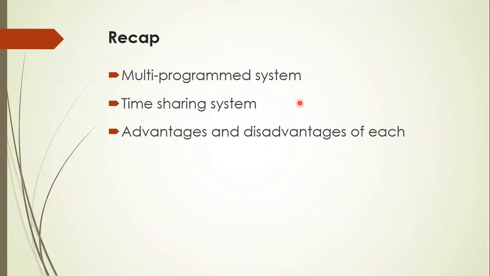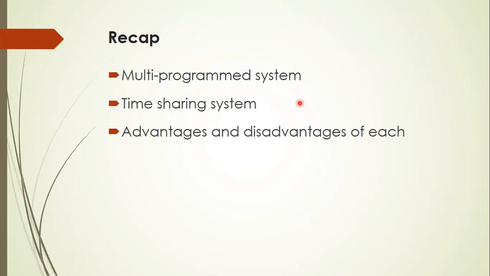In our previous lecture, we discussed multi-programmed system and time-sharing system with their merits and demerits. In a multi-programming system, as the name indicates, instead of having only one program in the memory, some set of programs are brought to the primary memory from the secondary memory. All the jobs which need to be executed are initially stored in the secondary memory, which is called a job pool. Then, depending on your main memory capacity, some set of jobs from the secondary memory is brought to the primary memory. Then your processor starts executing the programs one by one in the primary memory.